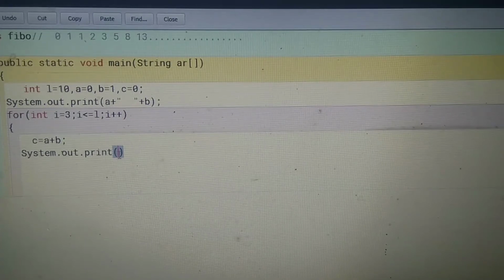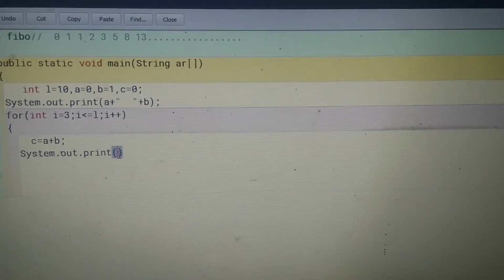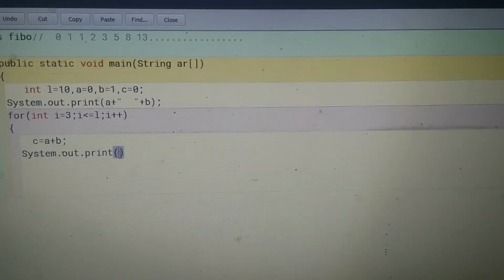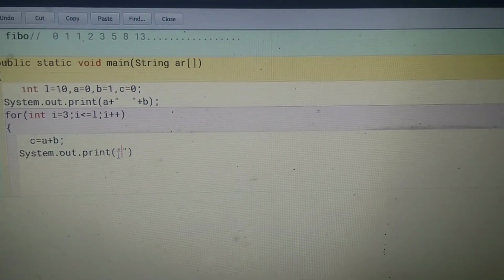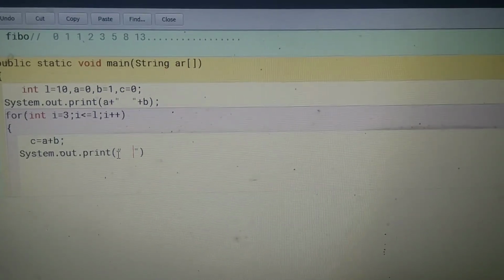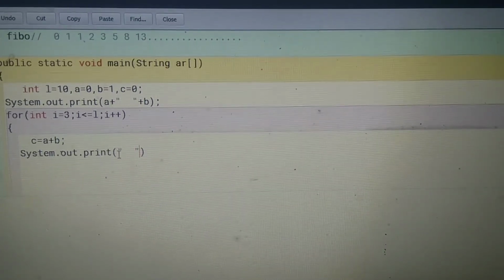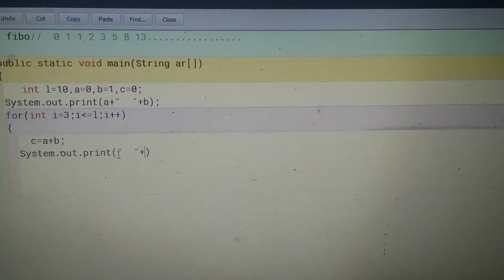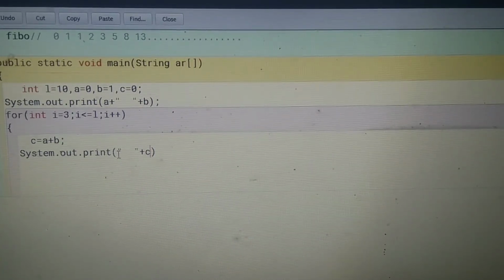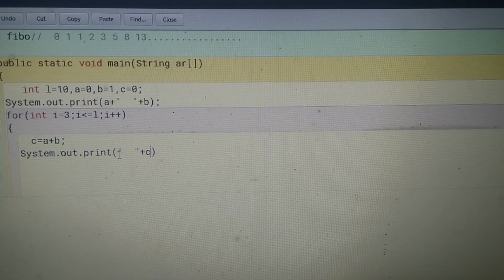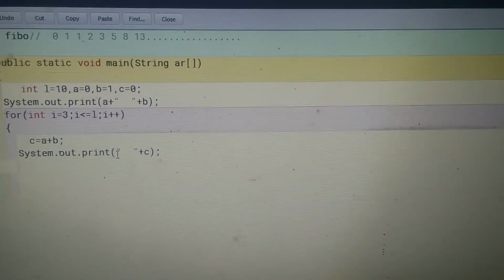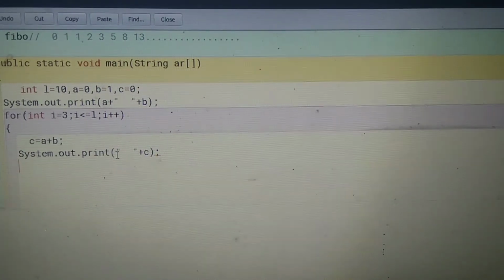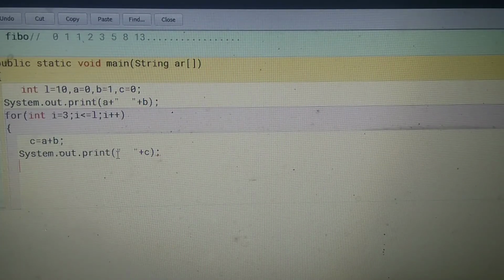So before printing the C value, we also take 2 spaces. How we take? Inverted commas on and off, and in between the commas 1 2 space is here. Then plus, because we want to join the statement, so plus sign and C. Clear? After this, semicolon.